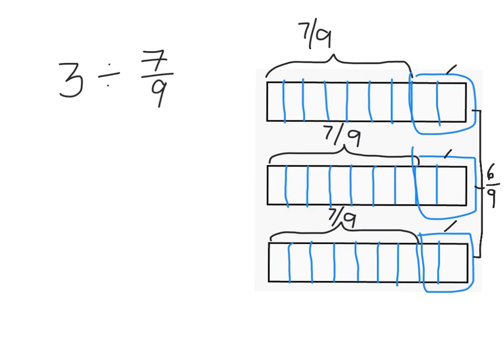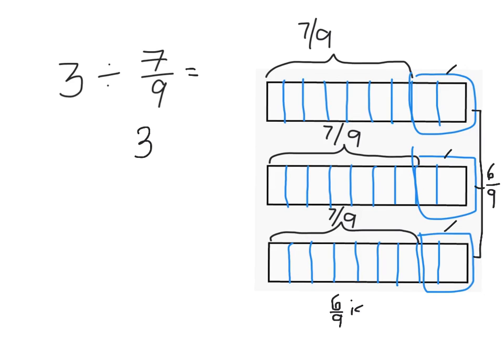So since we're counting 7/9, we have 3 wholes. So for division, we can say that we were able to make 3 groups of 7/9, but we have a remainder of 6/9. So let's try, you have to describe that. So if you notice, if you have 6/9 and you want to complete 7 parts out of 9, right? We say that 6/9